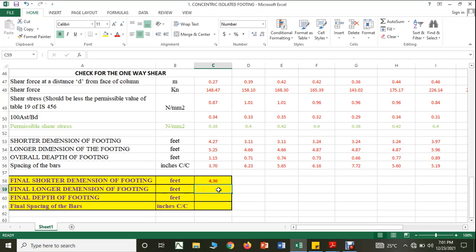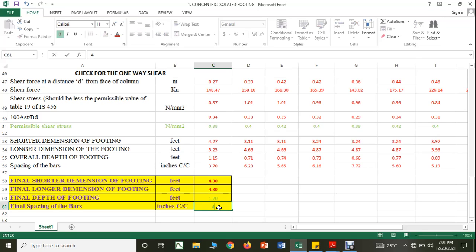The longer dimension I can make 5.3. The final depth of the footing I can make 1.2 feet, and my final inches, 3.70, I can make 4 inch, because in practicality